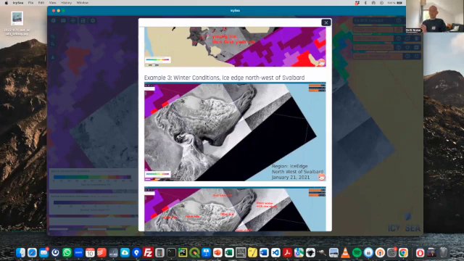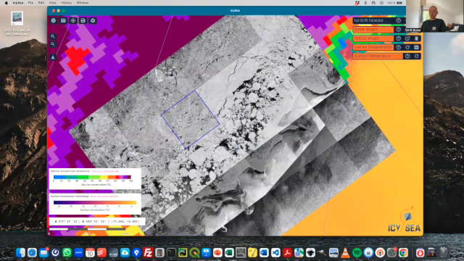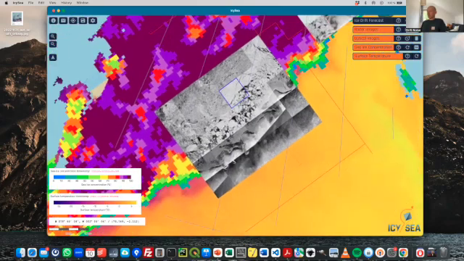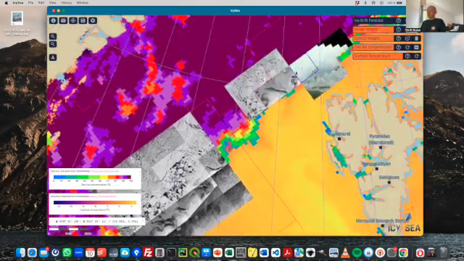And I think that's the most important thing: this is not just a standalone ice information service, but you also always have the connection to us. So if there's anything unclear, or if you're unsure about a situation, you can always contact us. We're trained in looking at those images, sometimes it's also difficult for us, but if you're unsure, we're happy to help and provide you with some interpretation service.